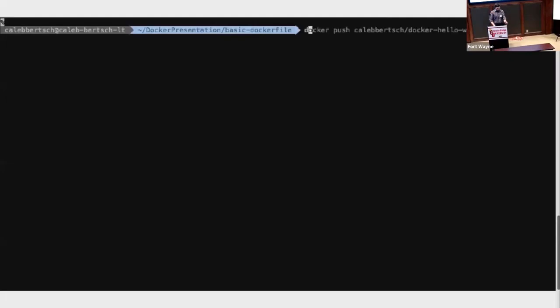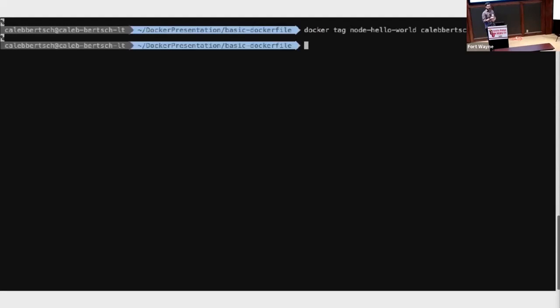So we'll show here that in order to get this up to, let's say, Docker Hub, which is just a free public registry, I have to tag it with the appropriate tag. Caleb Birch is my Docker Hub username, and I created a repo on it called Docker Hello World. And so if I tag that image on my local system with the appropriate tag, Caleb Birch Docker Hello World,